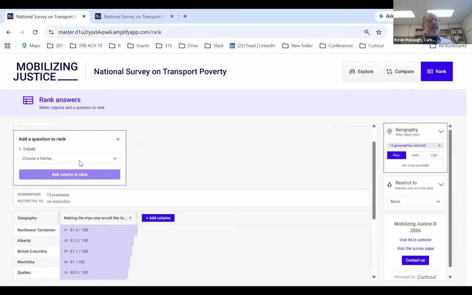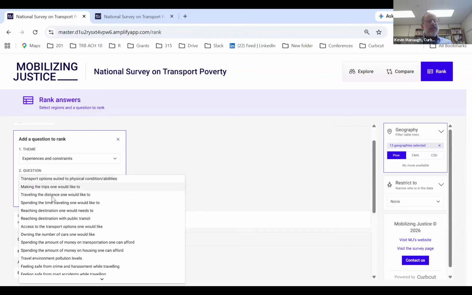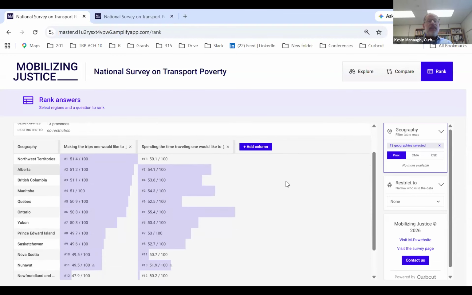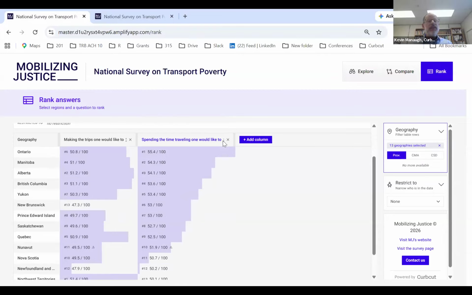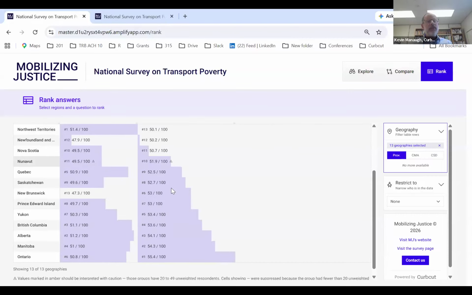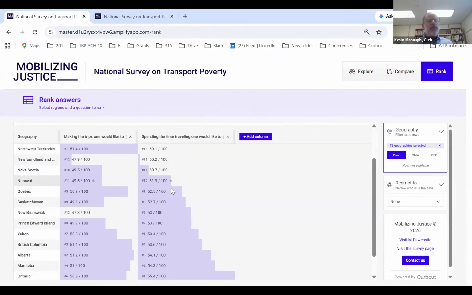Let's say I'm looking at something else. I want to look at the distance or the time spent traveling, and there we go, I can just add that. It's super interactive in the sense that I can sort by whichever column I want. I can compare that: New Brunswick ranks quite low in terms of making the trips one wants to make, but higher in spending the time traveling one would like to make. And so again, you've got